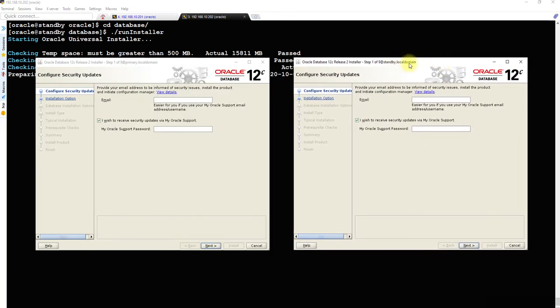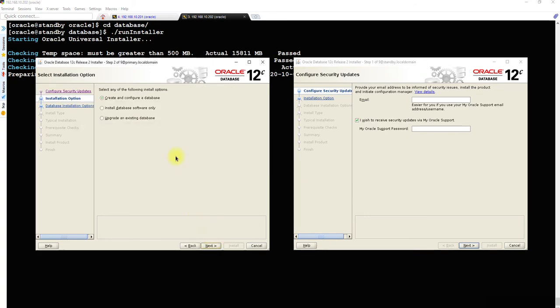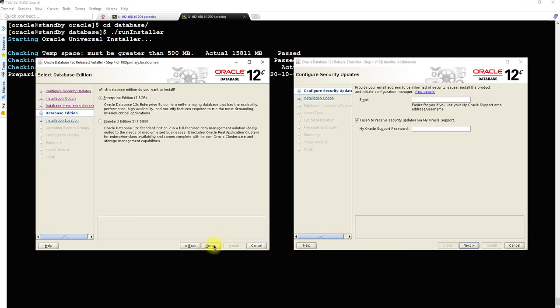Okay, and the standby dot local domain. That's how we can actually differentiate which one is running. So first of all, we need to install the software. No database yet. Okay, we will install the database later. Install the software here. Single instance database, as we all know, this is not a RAC database. I will teach about how to set up RAC to RAC Data Guard, but that is for the future, not now. Let's move on. Use the enterprise edition.